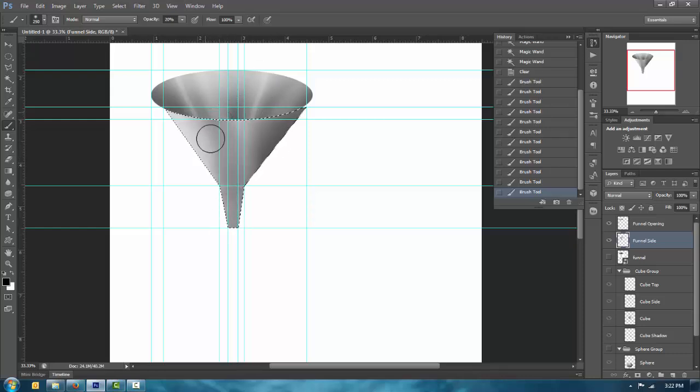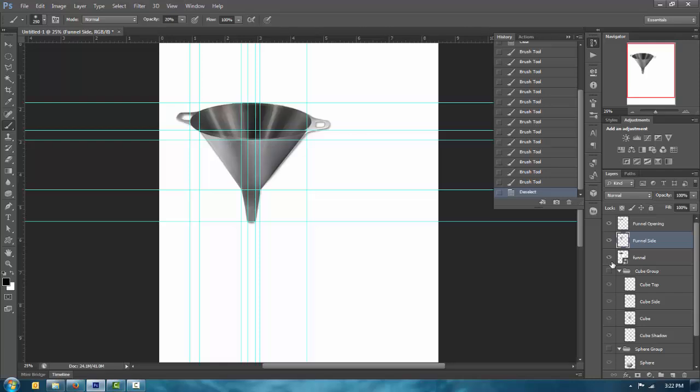Control deselect. Now this funnel has extra parts. It's got like a little lip around the top with little handles that I didn't include. I'm just trying to simplify it. If I were grading this,